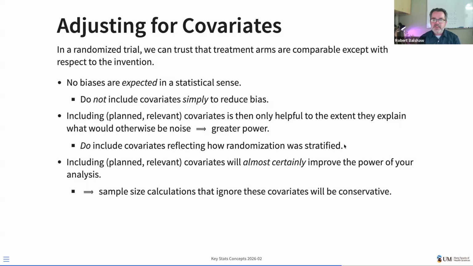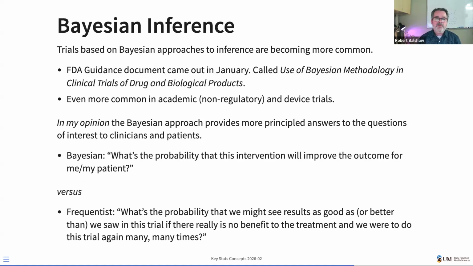Okay, so adjusting for covariates is kind of a high level approach, and it's particularly relevant because so many statistical analyses will depend on regression models of one flavor or another. So it's often relevant. And one last high-level thing: Bayesian inference is becoming an interest of mine, though I have to admit that I'm still an enthusiastic student of the approach, but it's certainly becoming more common.